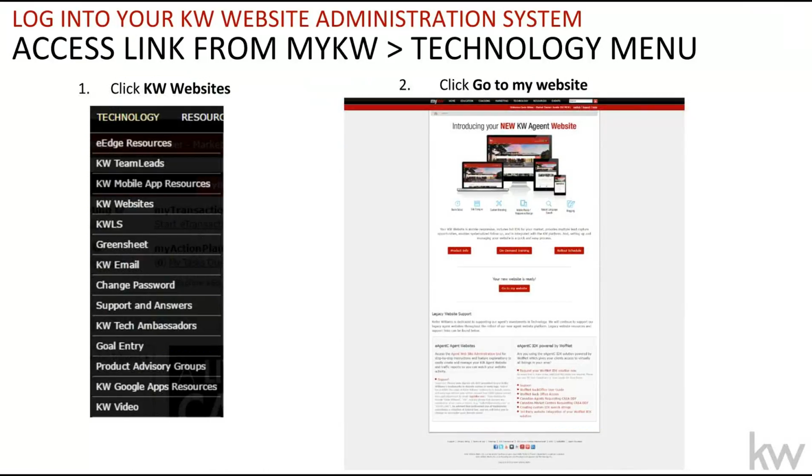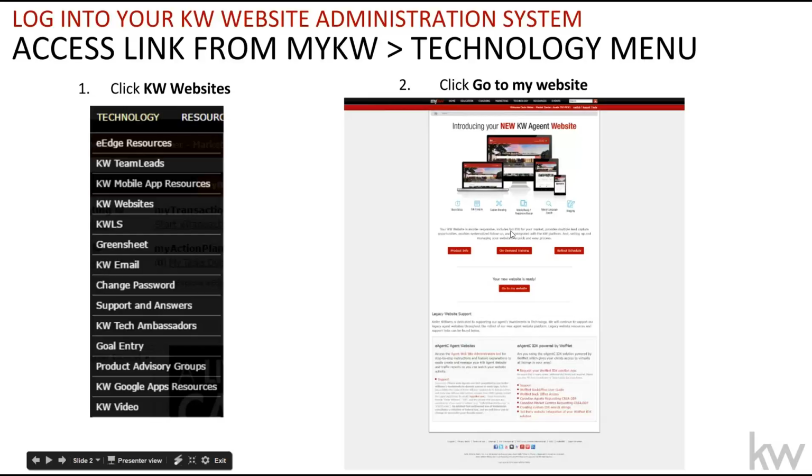How do we get to the Playster dashboard? In other words, how do we get to start editing my website? So what you're going to do is log onto your eEdge system, mykw.kw.com, with your typical username and password. Once you get there, you're going to hover over the black bar on top, over technology. You hover over technology, about 1, 2, 3, 4 down, you're going to see KW Web, okay, where my cursor is. Once you click on that, you'll get to this screen labeled number 2, and you'll see more information on